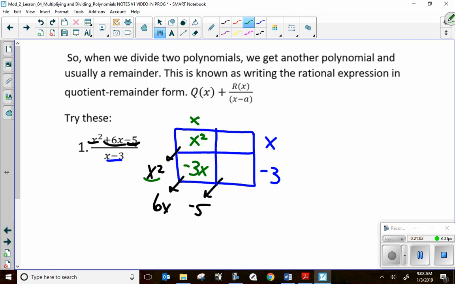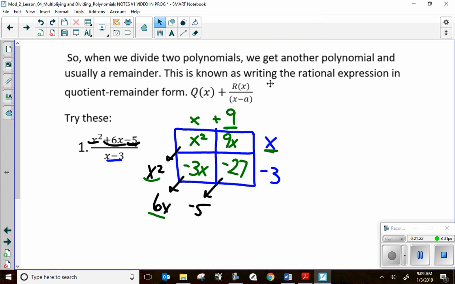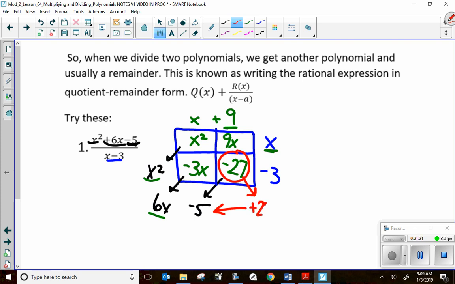What do I combine with negative 3X to make 6X? 9X minus 3X is 6X. So what do I multiply by X to get 9X? Well, positive 9. 9 times negative 3 is negative 27. Oh, they do not match. I know my math is correct, so here we go. What adjustment do I make so that negative 27 equals negative 5? I add 22 to it. And that plus 22,